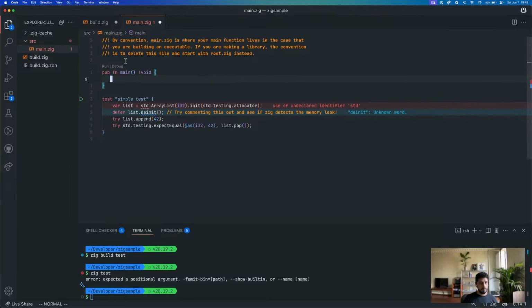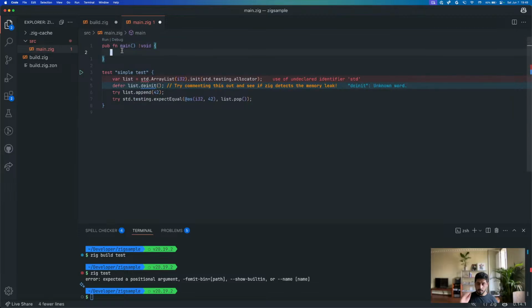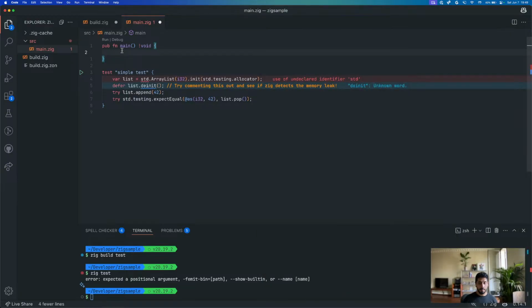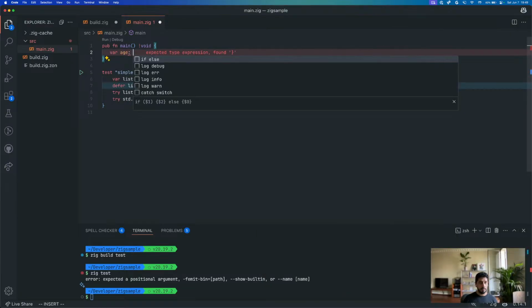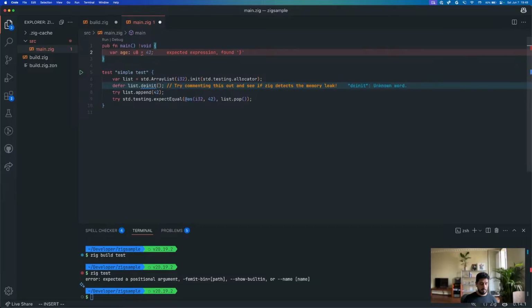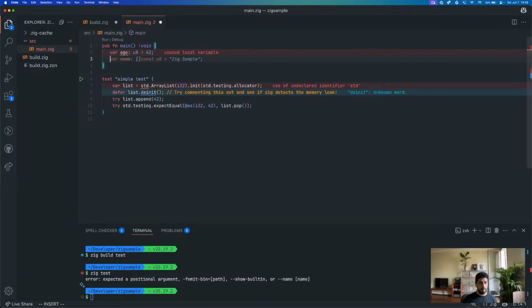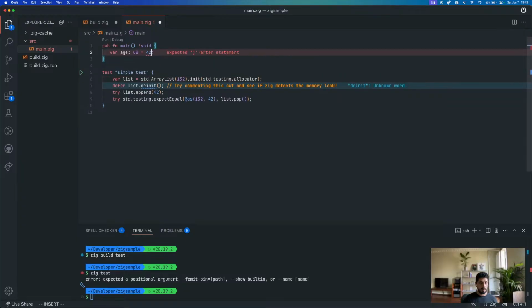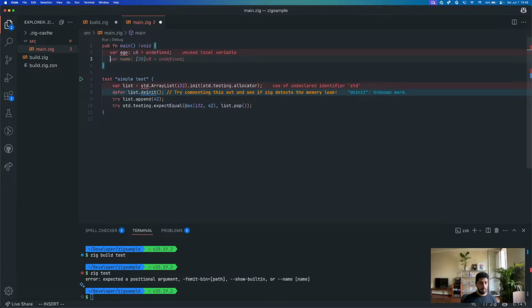So I have my main function and I want to, let's say, okay, got the used. No, that will work. What if I set this to undefined? Aha, okay. And then I do,